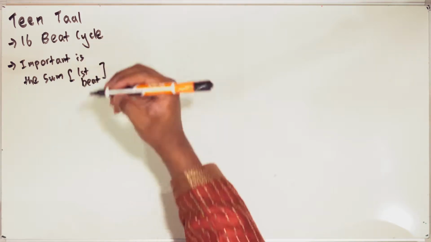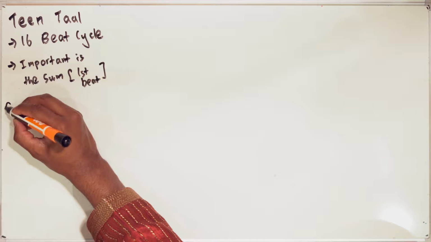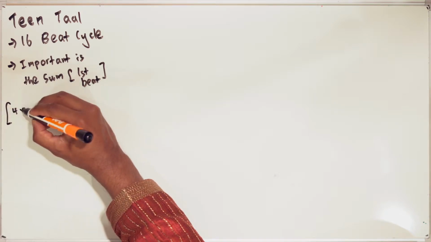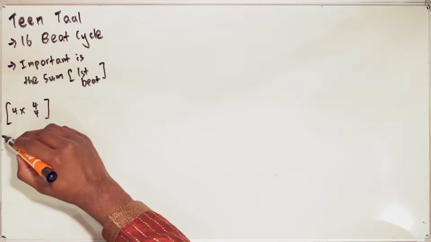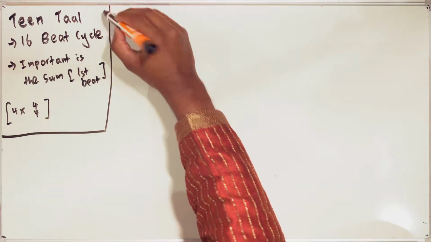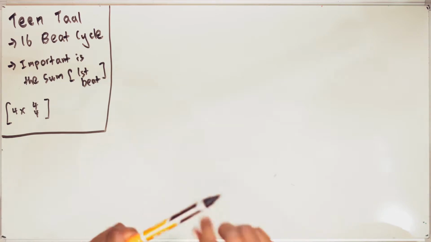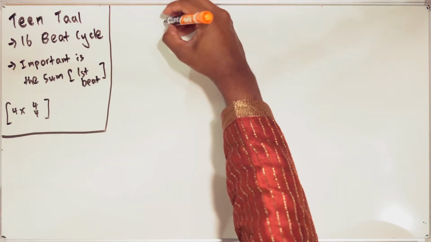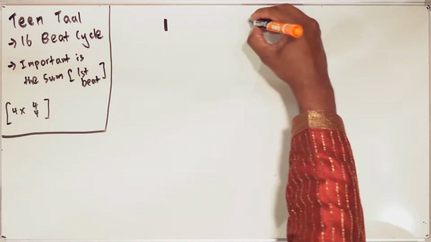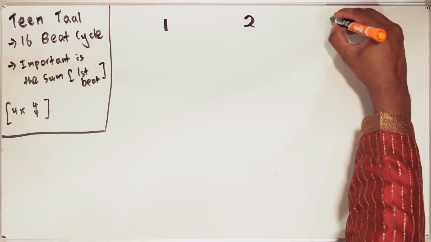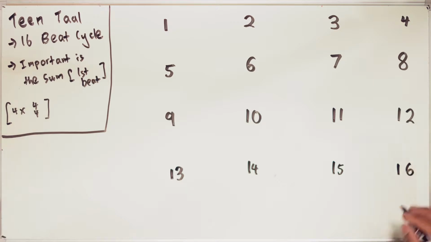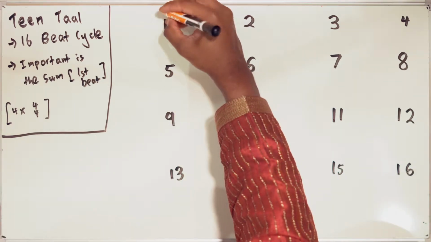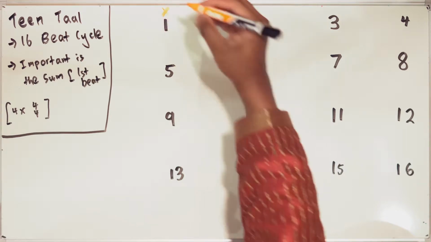In Western notation, we're talking about basically 4 bars or 4/4. Put that into one box over here. So what I'm going to do is I'm going to have 4 grids. 1, 2, 3, up to 15, 16. So we mark the sum as an X. That's the beginning of it.